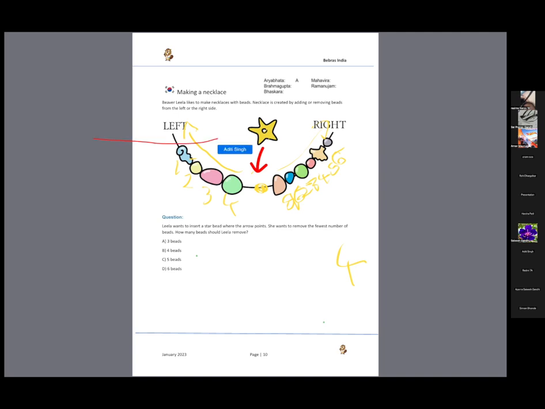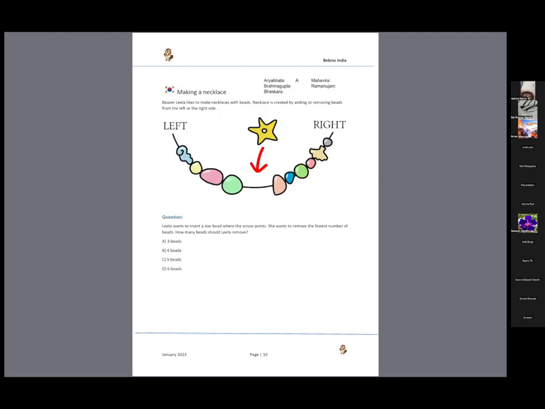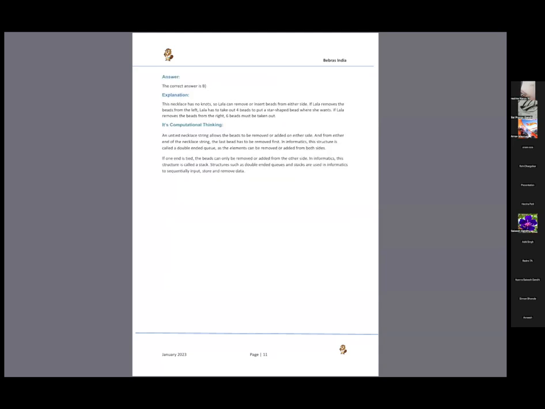Yes. The correct answer is B, which is 4 beads. Does anybody have any doubts? So we'll move on to the next sum,